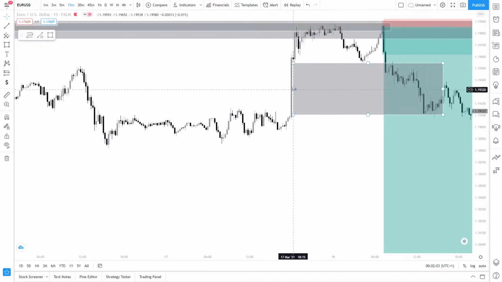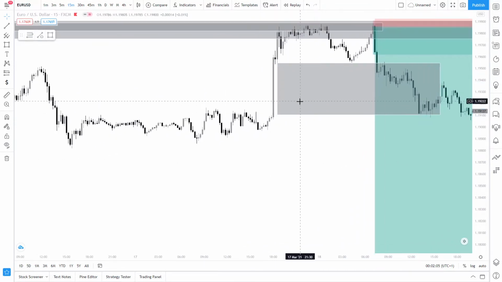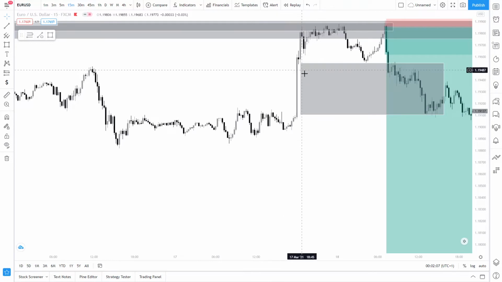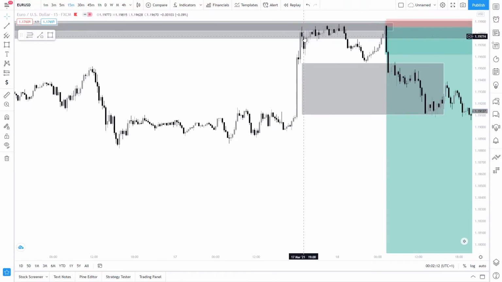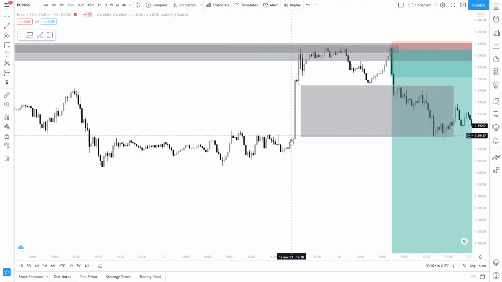So I really like this imbalance because not only are we looking for sells, but this imbalance has to be filled. The only way it can be filled is if the market goes back to here, which means the market would have to sell off to go back to here, and that's what the market did. After this imbalance, which gave massive confidence to our trade,